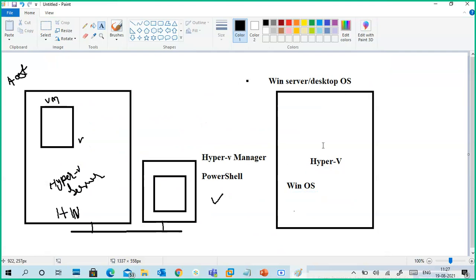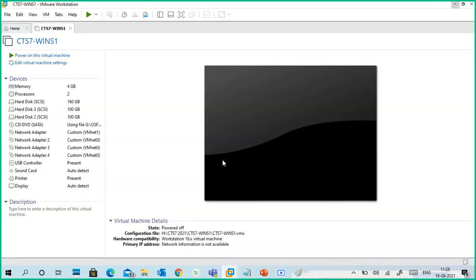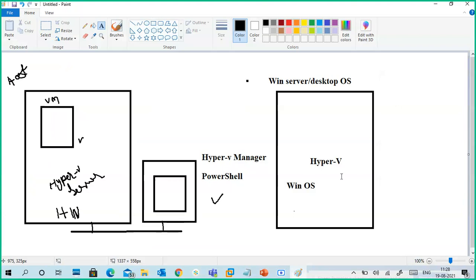So what is the advantage of this Hyper-V along with your operating system? I don't require any third-party application to run my guest operating system. What is a guest operating system?